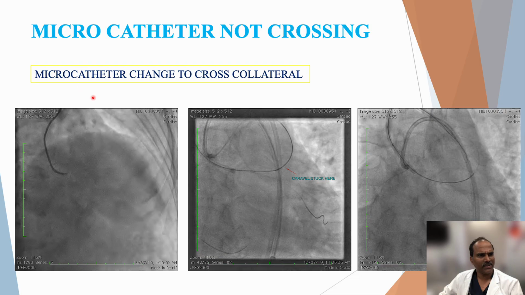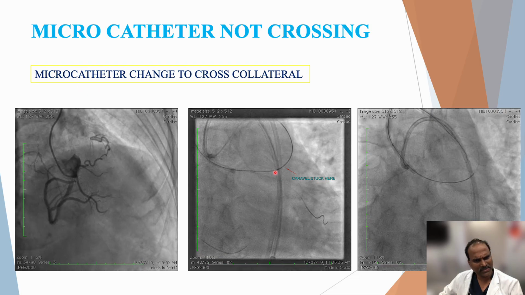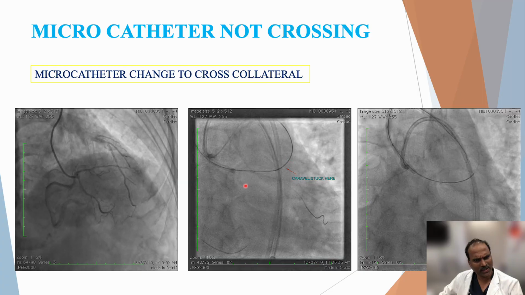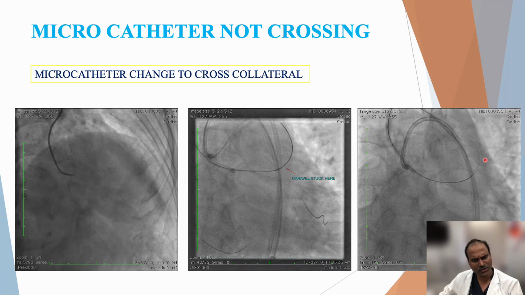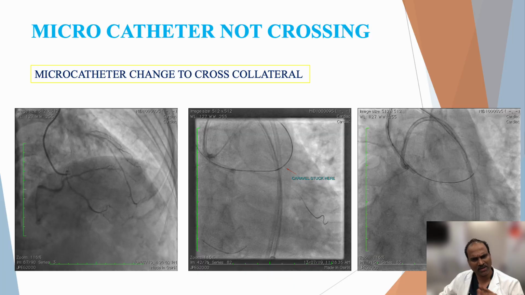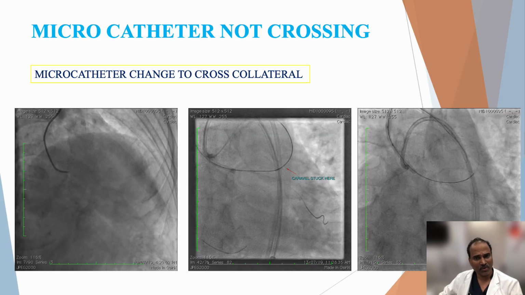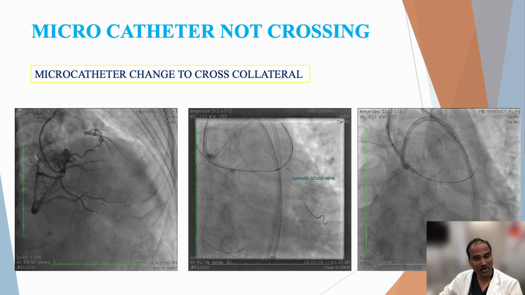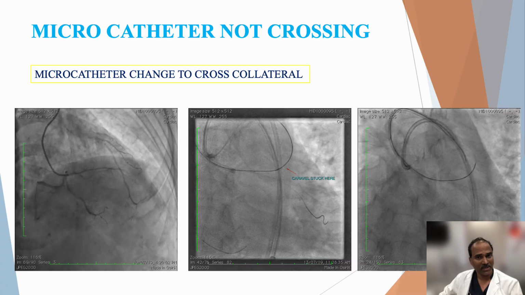And sometimes, if the microcatheter is not crossing, you can see here Caravel is not going across the epicardial collateral. So we switch to Fine Cross. When there is huge tortuosity, Fine Cross works better while crossing when size is not a problem. So Fine Cross crosses better